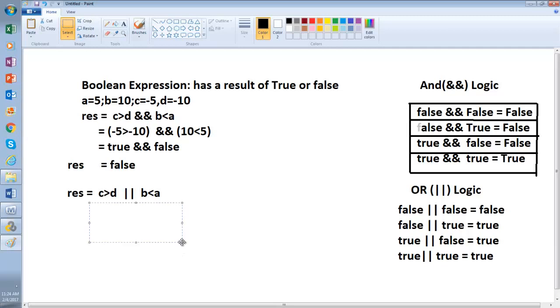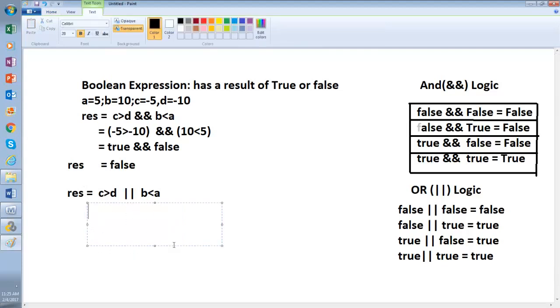Again, same thing. Let me bring a. So C means minus 5, greater than D means minus 10, or B means 10, less than A means 5.